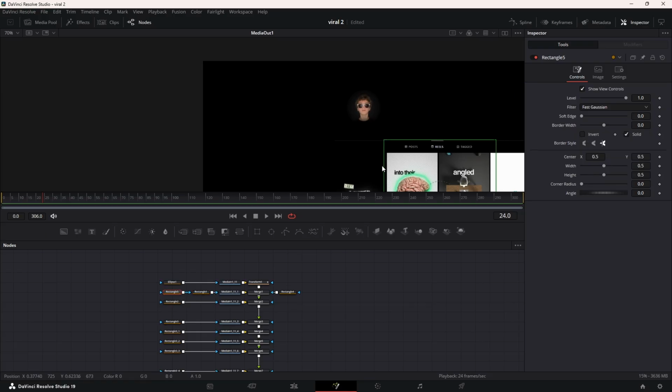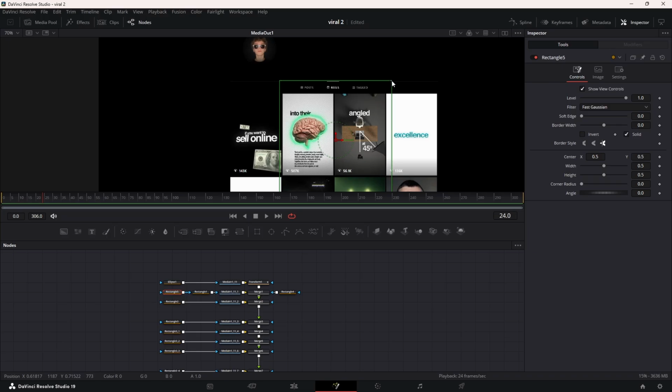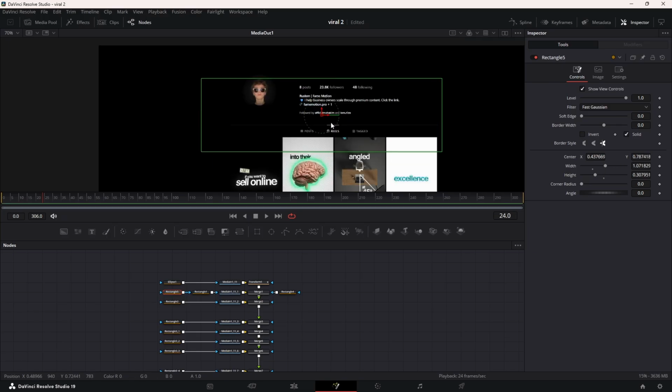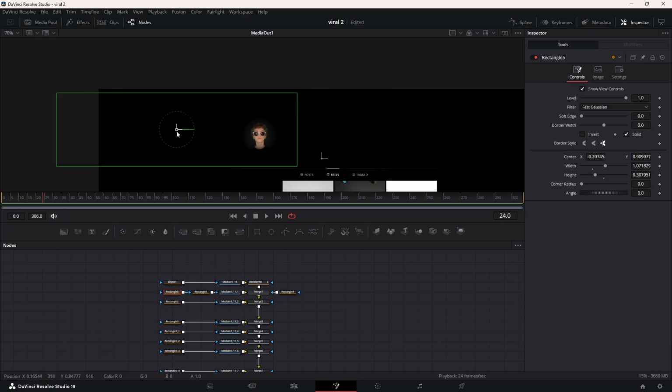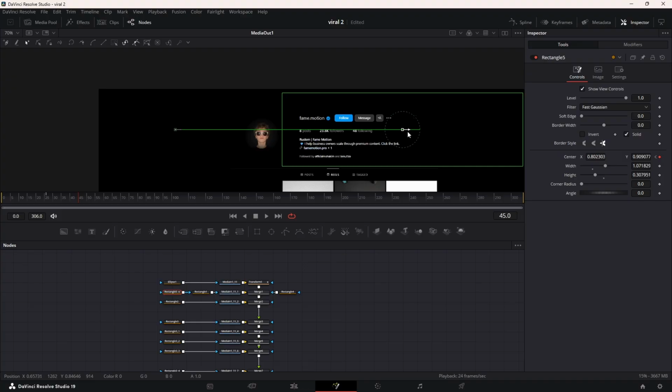So now just adjust the size and position of this rectangle mask to fit all the text we have in this section, and move it all the way to the left of the text to make the text disappear initially. Then go to around frame 26 and put a keyframe for the center parameter of this animated mask. Next, move forward about 20 frames and move the animated mask to the right to show all the text, creating